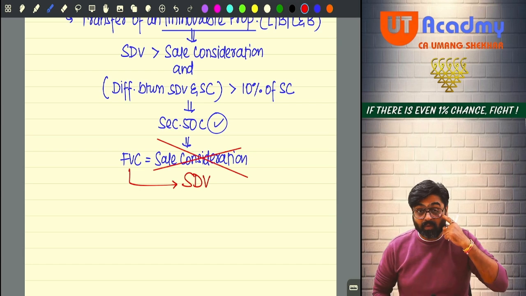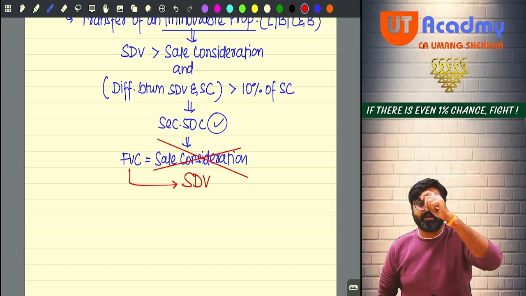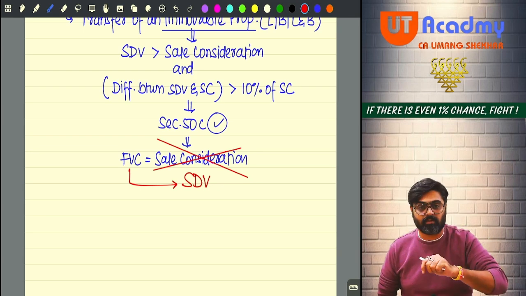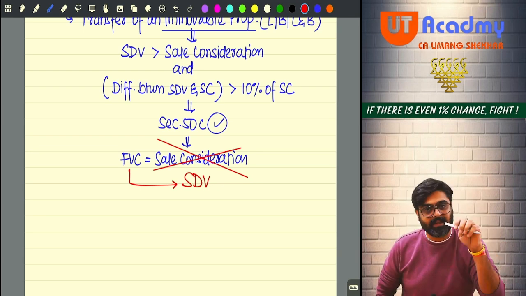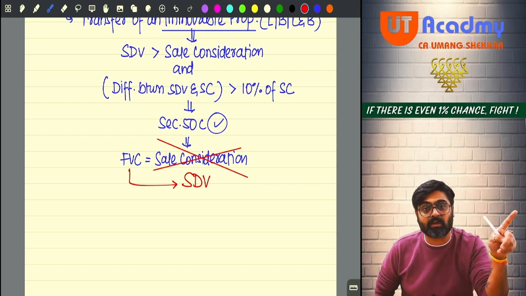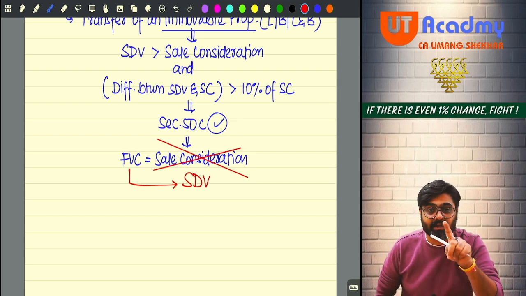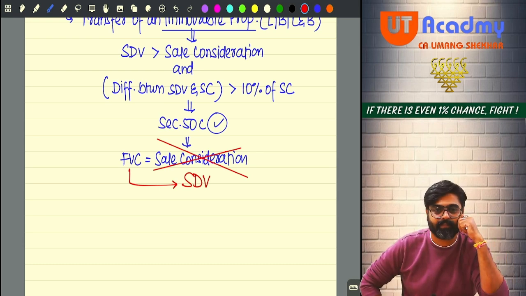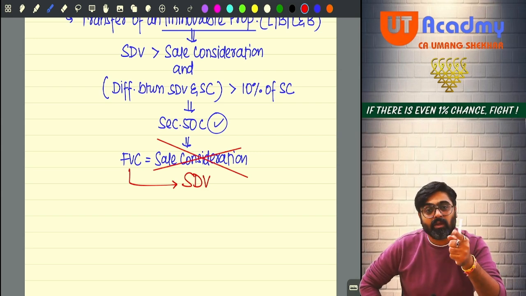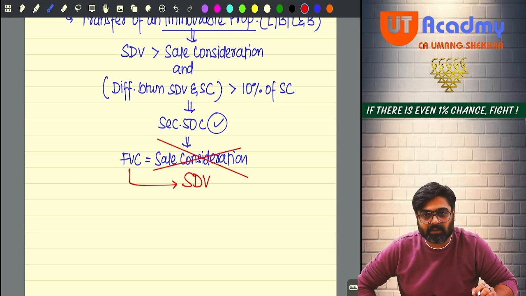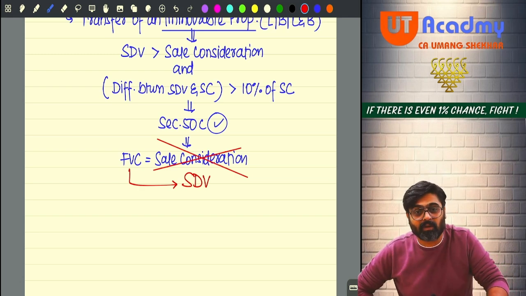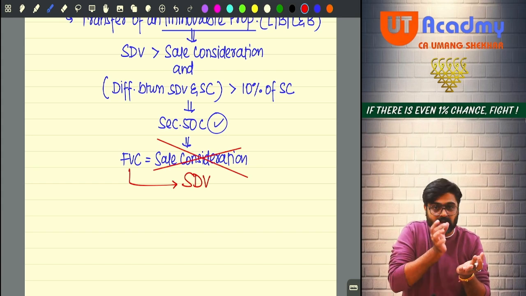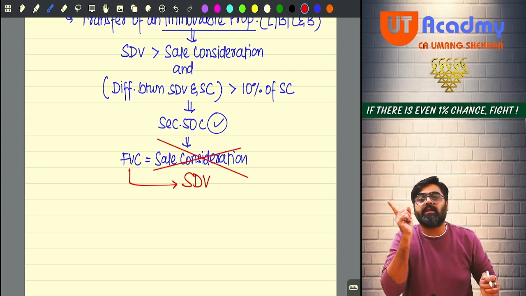So what happens, when you are a seller and the opposite party is a buyer, you will make a sale agreement. In that sale agreement also, you will be showing only the amount which you are receiving in check, bank transfer. You are not going to show the actual value. And whenever you and the buyer go to the property registrar to register the property in the name of the buyer, the registrar will register the sale agreement. On the sale value written in that agreement, he will charge what? Stamp duty.